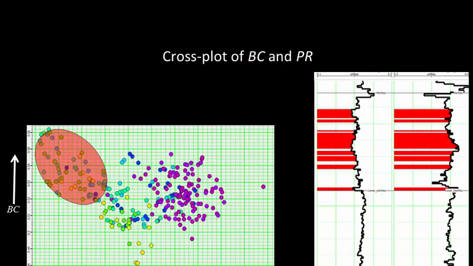So when you adopt this kind of a thing, the brittleness coefficient still gives you higher values as a function of Poisson's ratio on the cross plot. So you have to find a way to go forward. So here, this set of points that you see in the cluster, they are coming from the upper Montney zone, and that is what is of our interest.